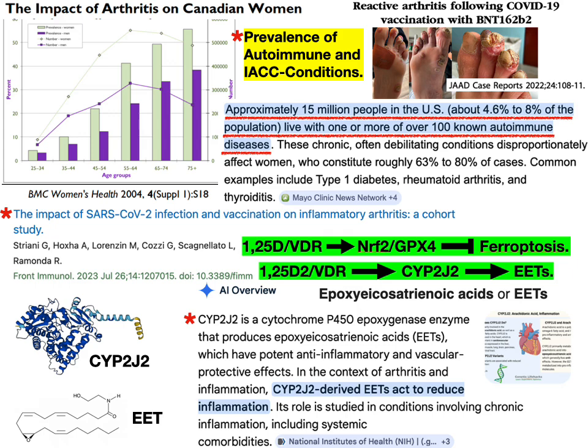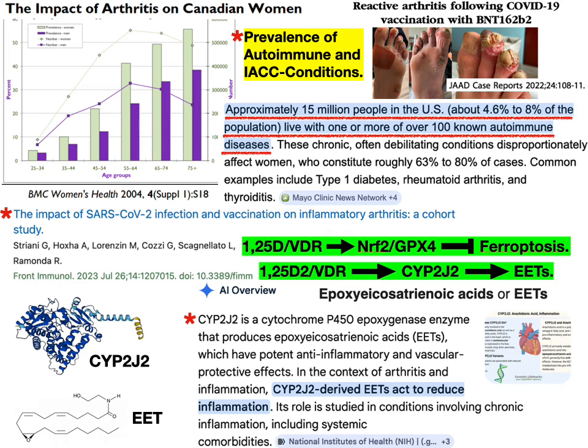But when the enzyme CYP2J2 places epoxy groups on the unsaturated bonds of arachidonic acid, it converts arachidonic acid into a family of EETs, and these are anti-inflammatory. Let me now read an AI overview at the bottom of the slide,